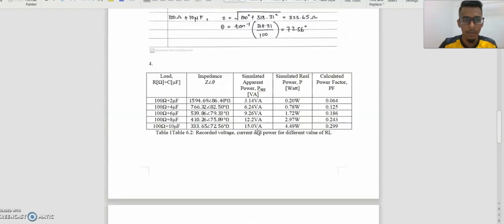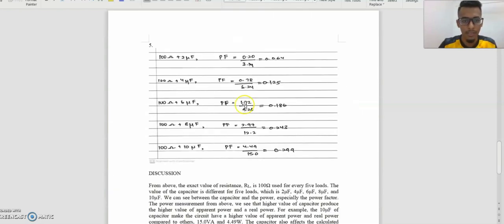Then number 4 is the table. We must get the value from the Proteus, from the simulation. So this is the table. So number 5 is